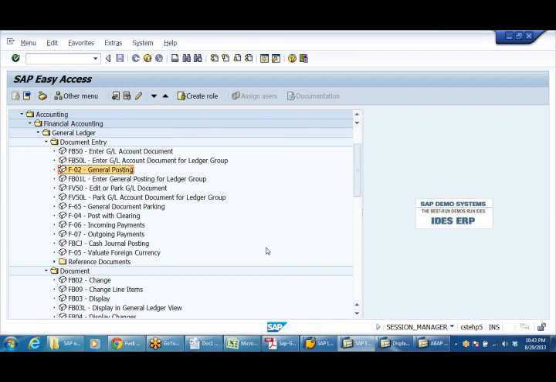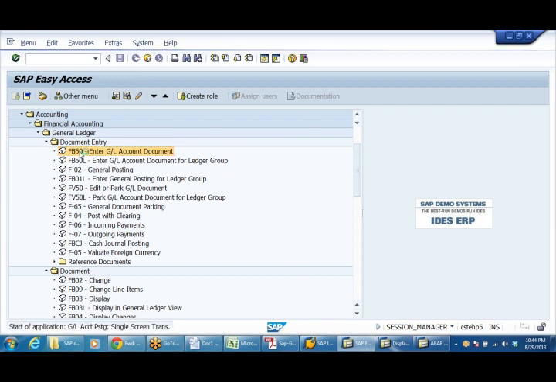Right? Anusha, I have a question. Can you hold the documents if you post the transactions in T-code FB50? In FB50? Yeah. You want to keep this document on hold or park? Hold it. Yeah.